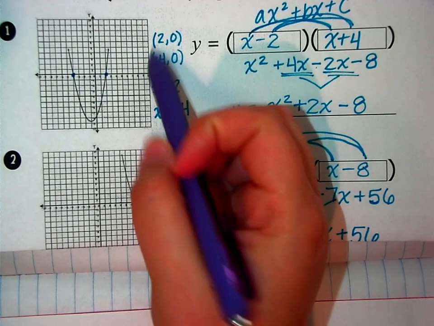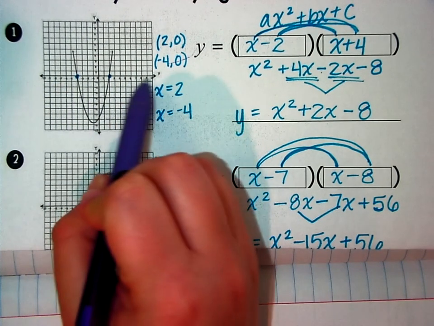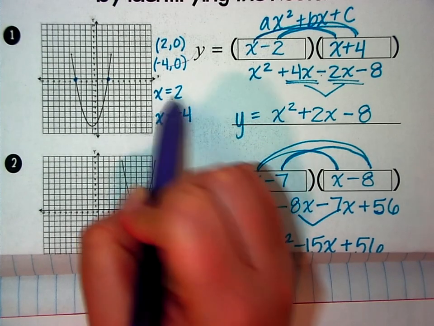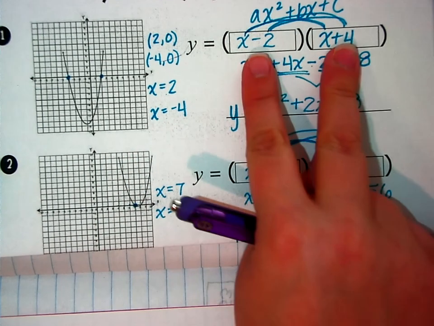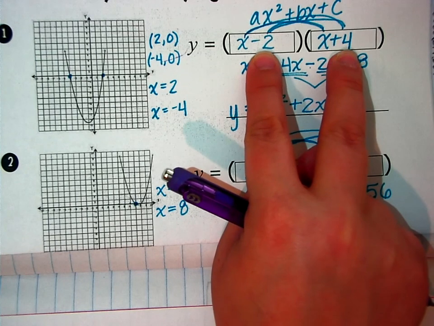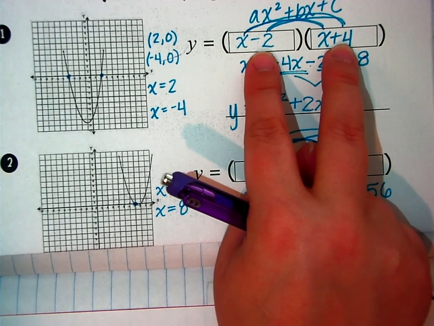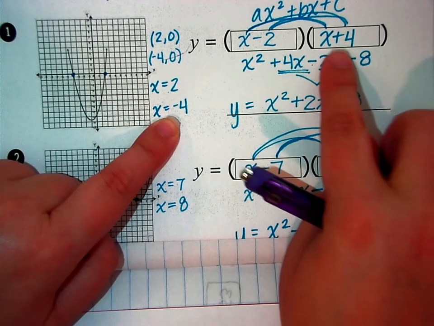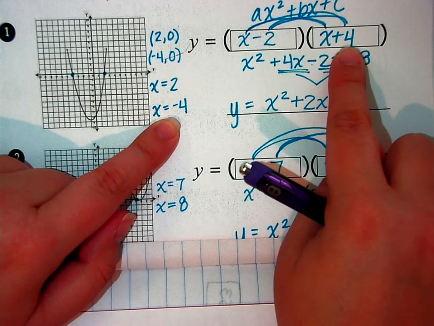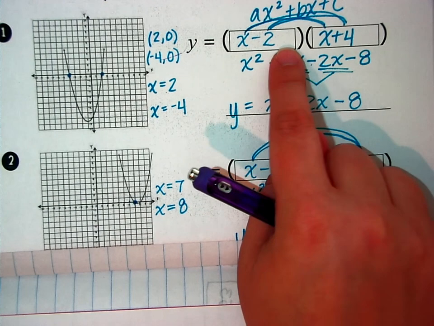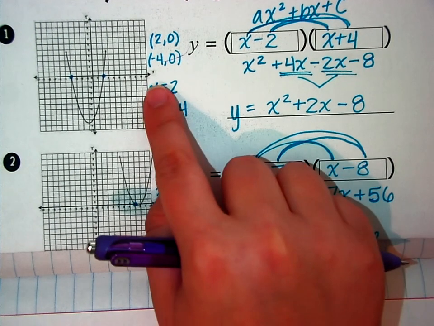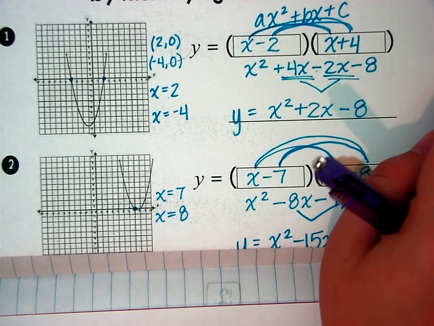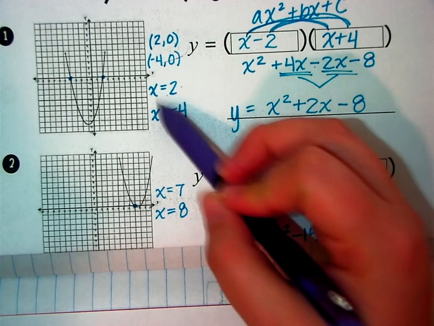Step 1, identify the x-intercepts. Remember, the x-intercepts are on the x-axis. So we said -4 and +2 were the x-intercepts. And then we went straight to this. When you write them in the parentheses, it's the opposite of what it actually is. So this +2, we put -2. And this -4, we put +4. So it's the opposite, because remember, when you set these equal to 0, it would turn into a +2 when you add the 2 over, and a -4 when you subtract the 4 over. So find the x-intercepts, do the opposite,